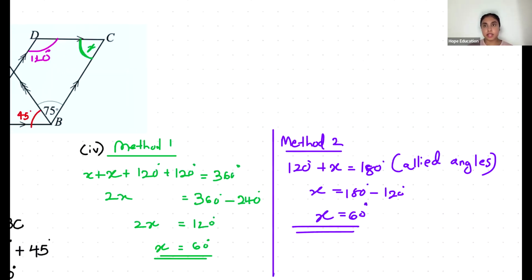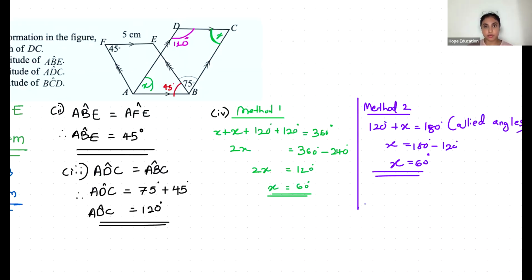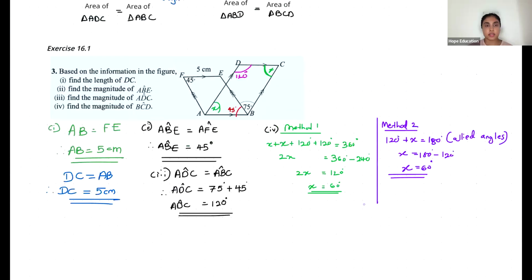Okay. Can you all quickly copy this down and then I will let you do one question alone. Make it fast. Quickly copy this down. Exercise second normally. You don't have to put the